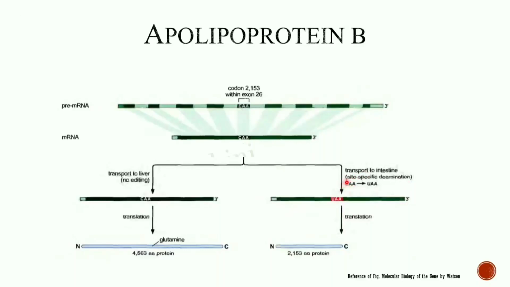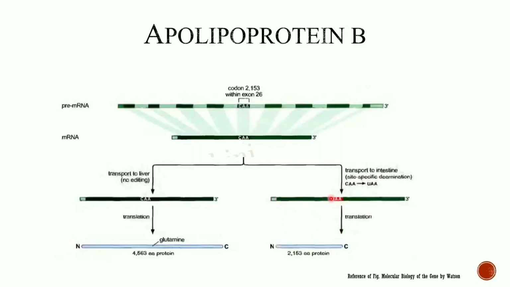The cytosine is deaminated, and it converts into U. So at this site in exon number 26, the codon CAA is now UAA, which is a stop codon. When such an mRNA goes for translation,